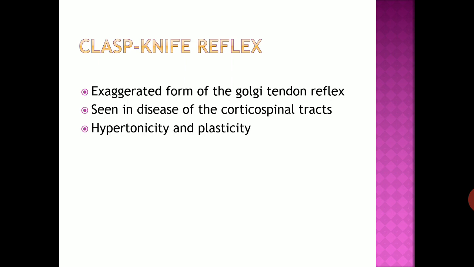Tension in the triceps increases to the point at which it activates the Golgi tendon reflex, causing the triceps to relax and the arm to flex. Now the flexion is like a jackknife. It is sudden. Initially there is resistance because of the hypertonicity and spasticity of muscle, and when the Golgi tendon reflex develops, there is a sudden flexion of the arm. So it is known as the clasp knife reflex, and the physiological name of this reflex is lengthening reaction, because it is the response of spastic muscle to lengthening.